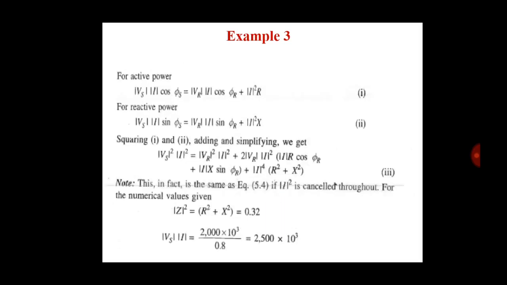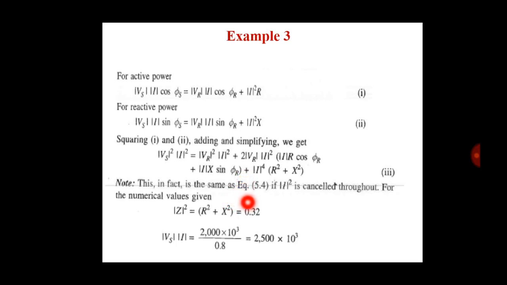So for active power, Vs I cos phi s is equal to Vr I cos phi r plus I square R, and same as reactive power, Vs I sin phi s is equal to Vr I sin phi r plus I square X. Squaring both equations, the equation becomes Z square is equal to R square plus X square,